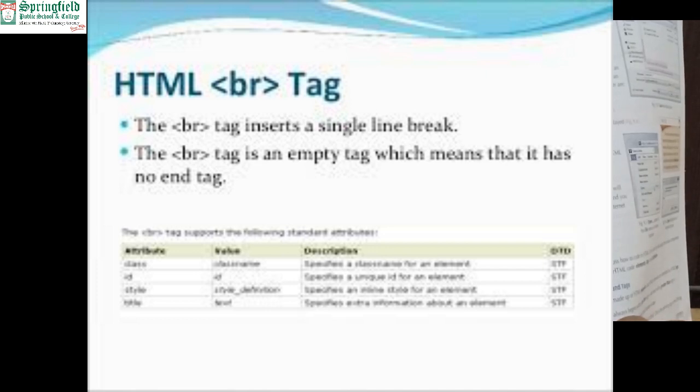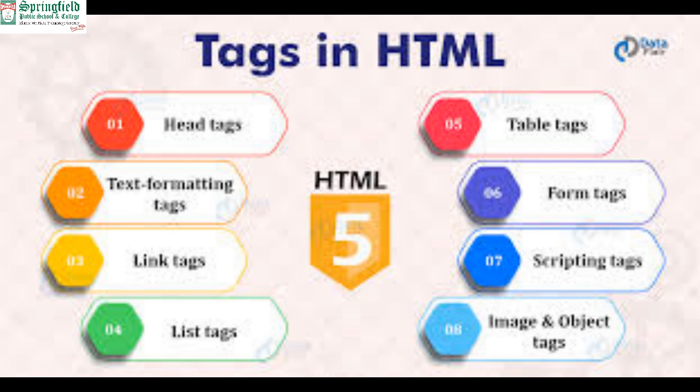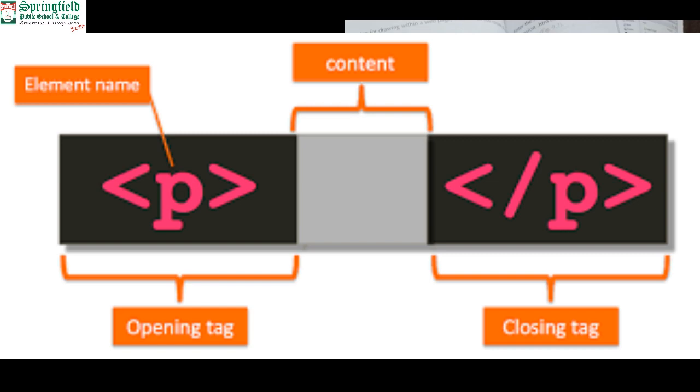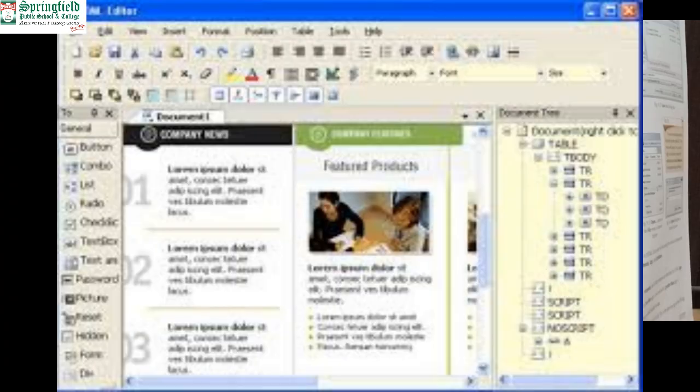The two main advantages of this editor are that a web page can be created quickly, and knowledge of HTML tags or commands is not required. For instance, if I am writing this language, we don't need to know what BR stands for, or TR, which is table row. BR is for break, take a break in the row, HR for horizontal row. Like in this way I need to know the tag names.